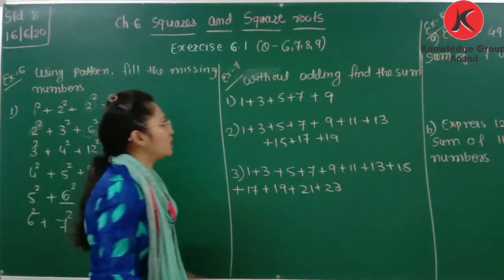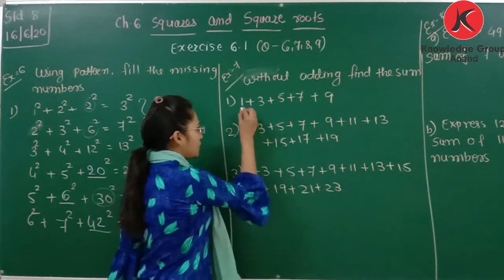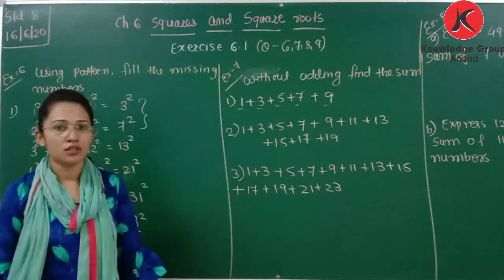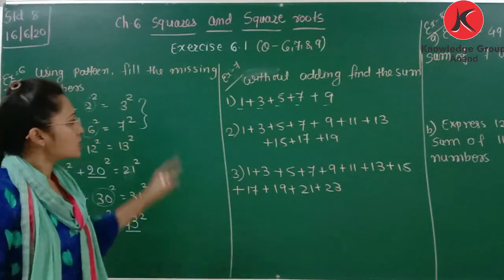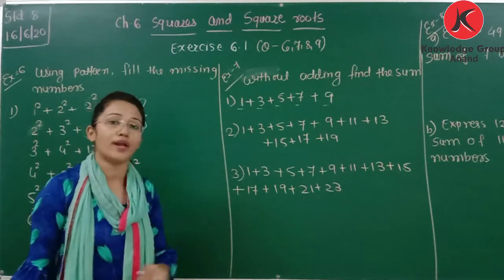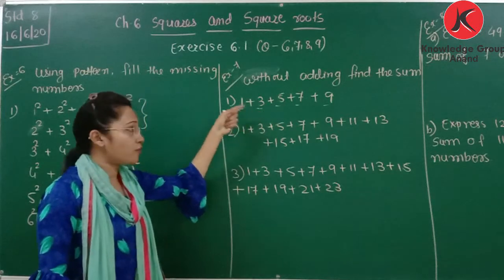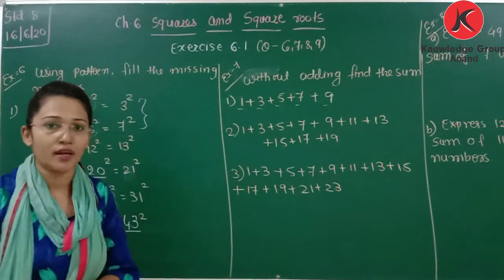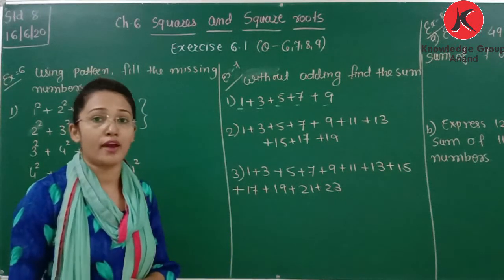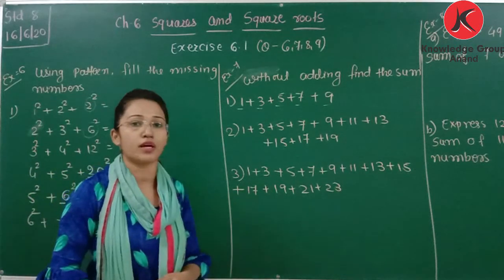Now example 7. Without adding, find the sum. So you can see here 1 3 5 7 and 9. Which numbers are given? These are the odd numbers. Means the sum of odd numbers is given and you need to find the sum without addition. You need to apply the rule that we learned in squares to find the sum. Which rule did we learn? We learned the rule that every square number can be represented as a sum of consecutive